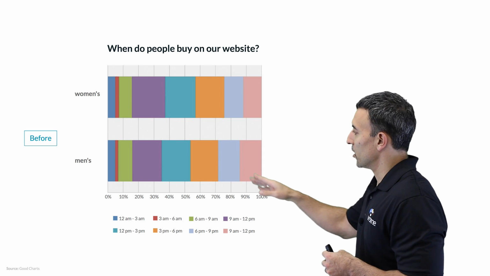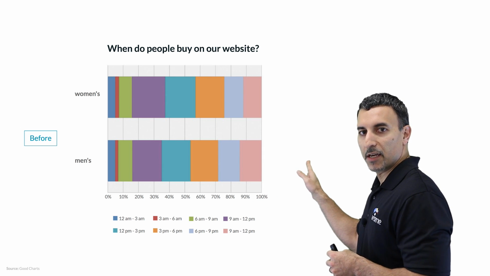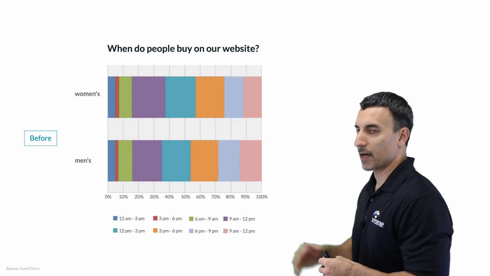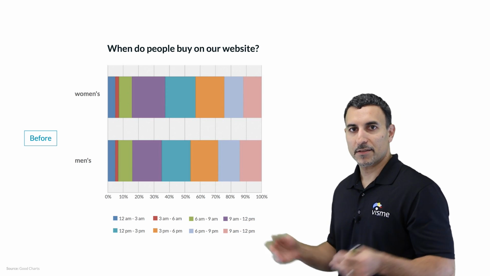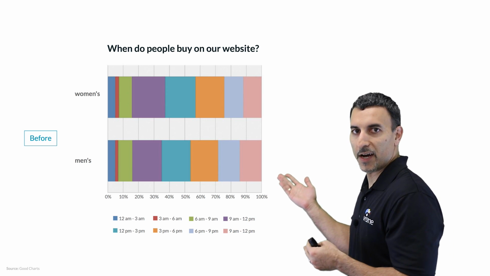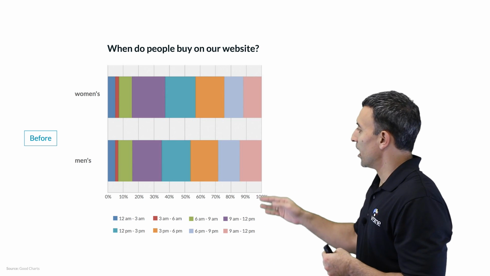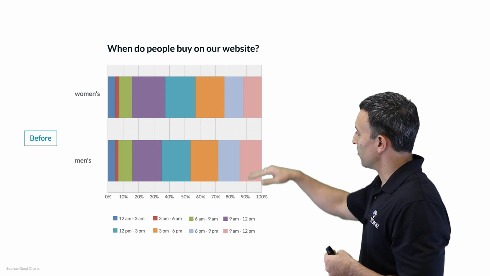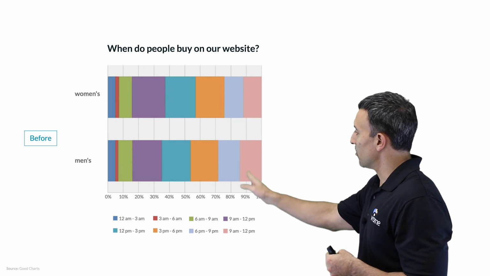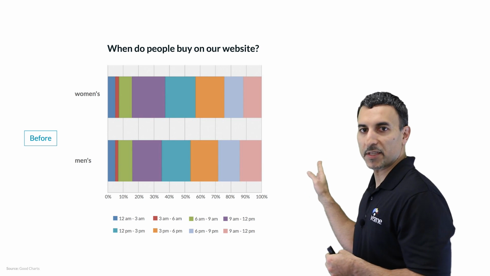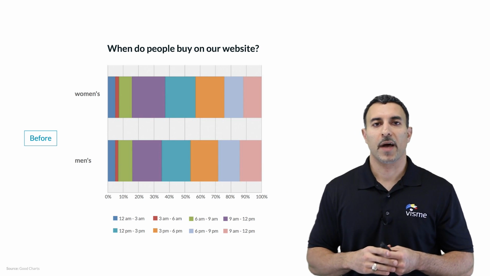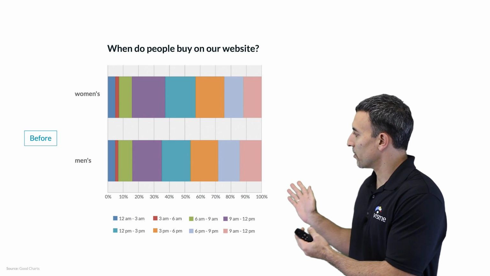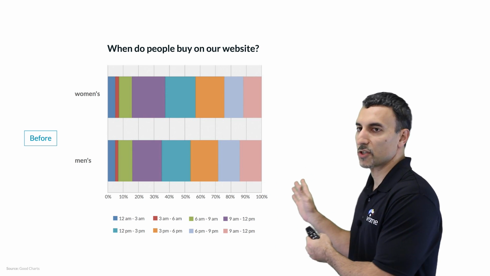And if you look below, there are a lot of different elements to this. There's women's and men's. I don't know, is that women's shoes? Is it men's pants? It doesn't define that. So there is problem number 1 there. Number 2, there's a large legend here, and above it, there are a number of different rows or segmentations of the data in different colors. So it's not terrible, but the fact of the matter is, just stare at this for about 15 seconds or so. Do you fully understand it?